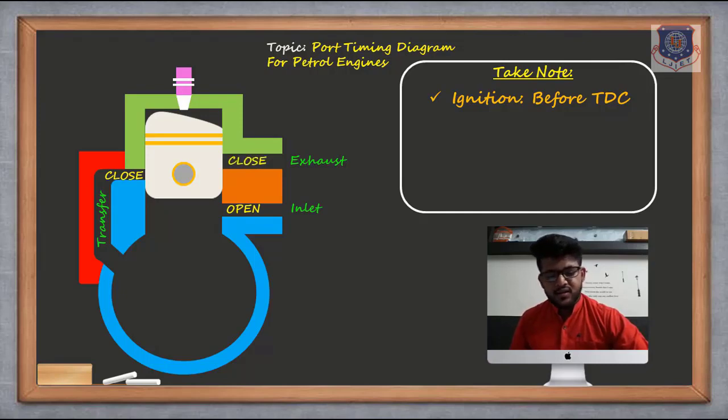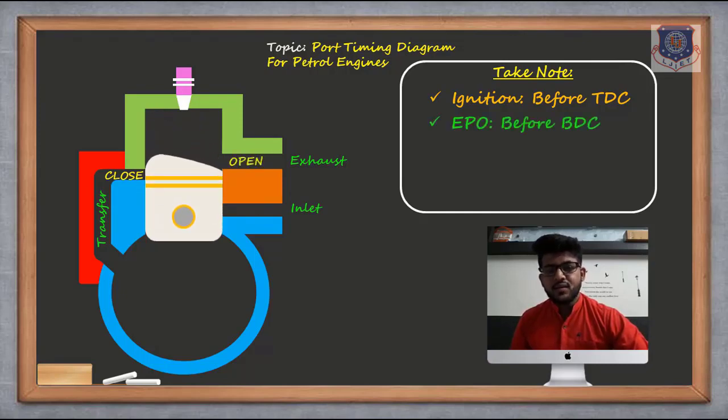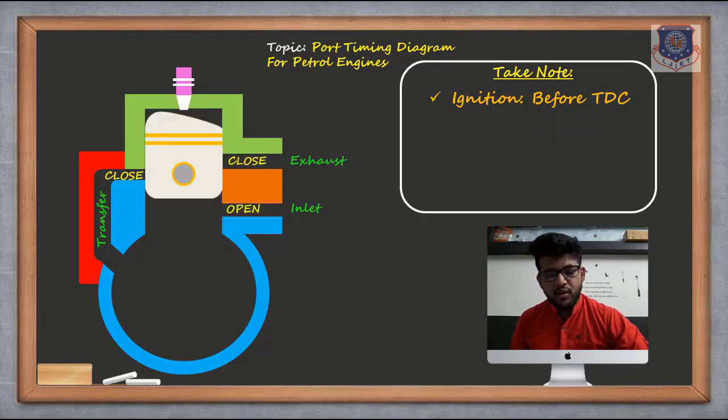Simple. Now see again clearly, the piston is moving from up to down. I have only done half stroke or nearly half stroke. Fine. The piston has not yet reached BDC. It is only slightly moved from TDC towards BDC. Fine. So let me show you again. The piston is moving from TDC and it is going down.